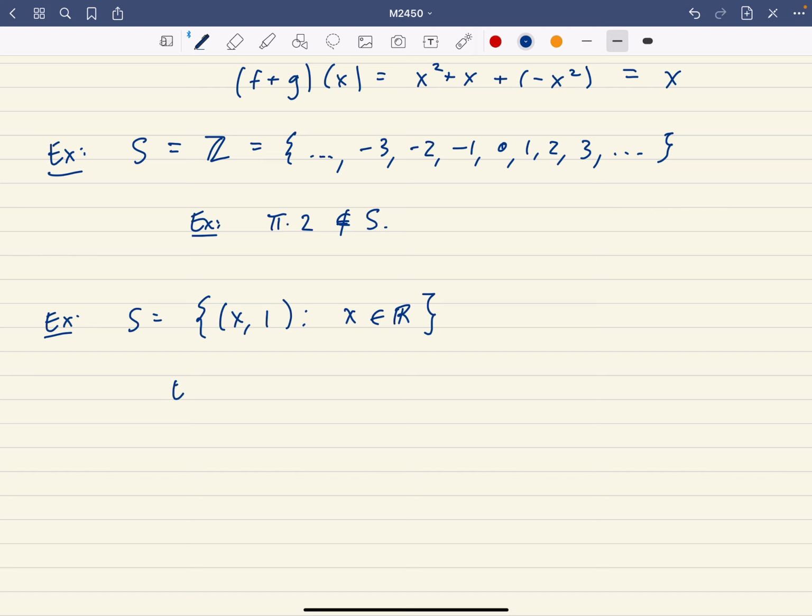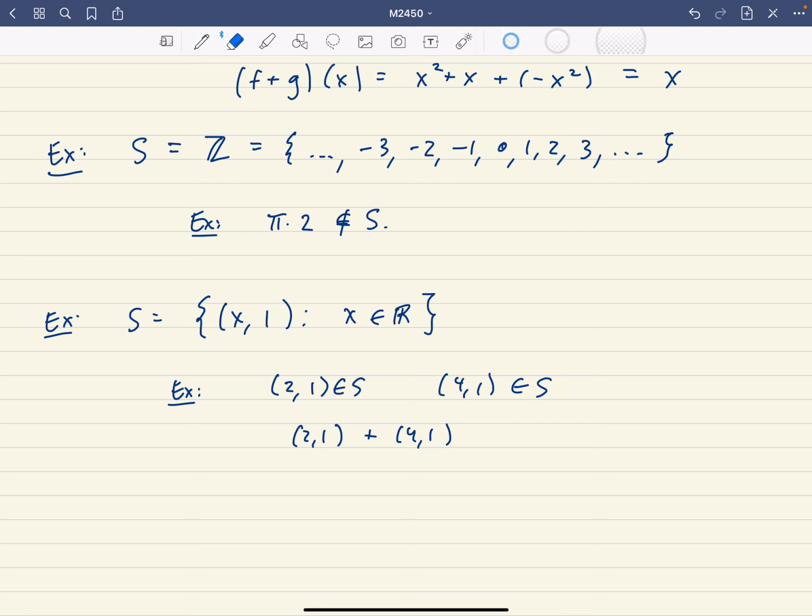So for example, if we were to pick, say, 2, 1 and 4, 1, those are both in S. But if we add them, 2, 1 plus 4, 1,